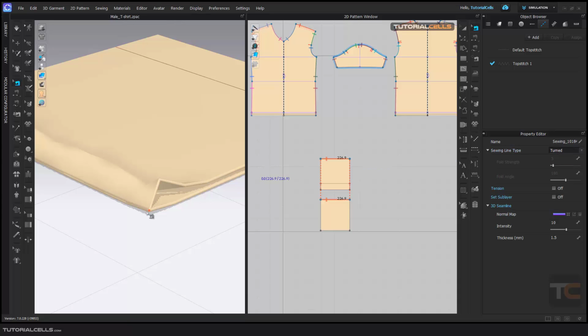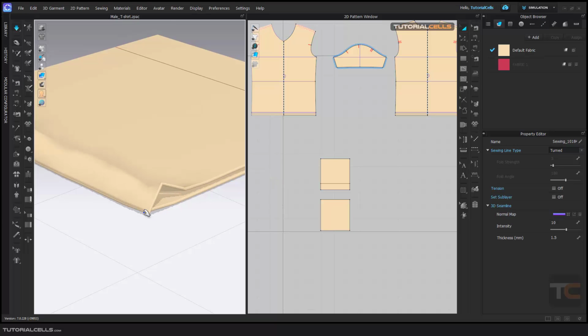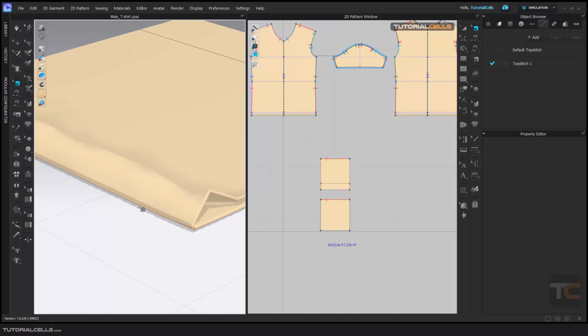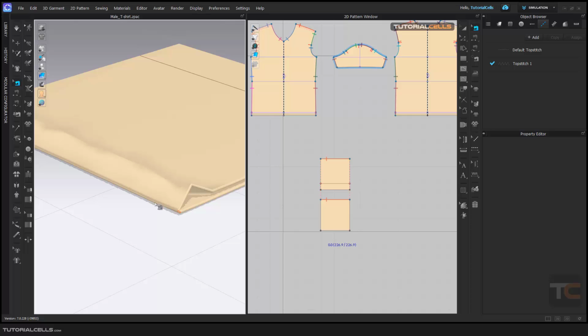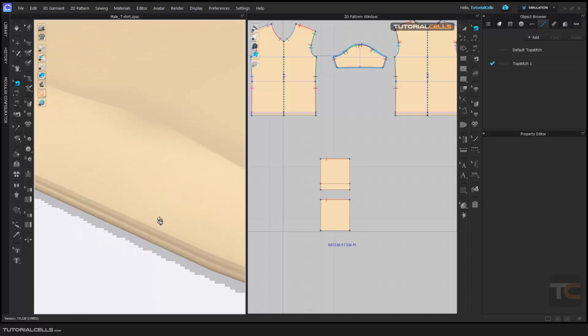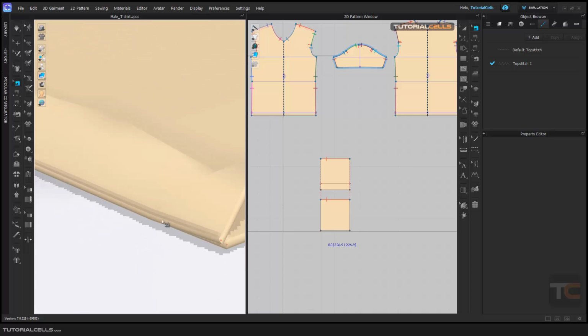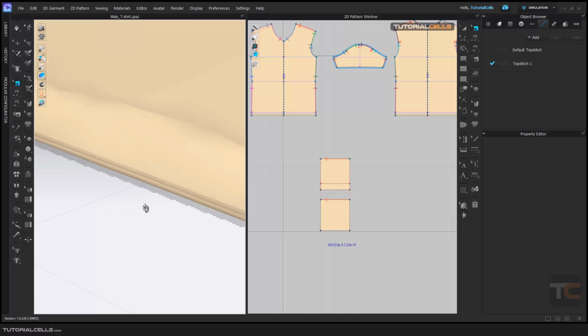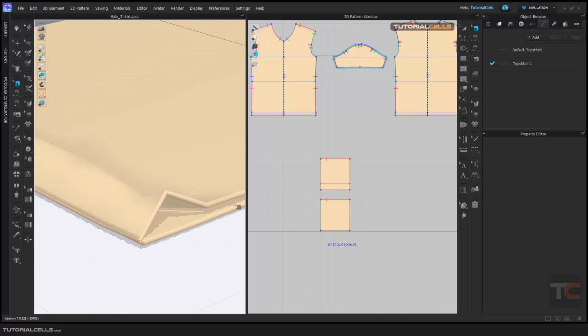Look at what happens if we change it to turn. Look at this. If you simulate, as you can see here, it breaks the pattern. It means all of the pattern layout is exactly above each other, and we don't have any angle here. But look at here, pattern number 1 and pattern number 2 are exactly above each other. This is on turn,